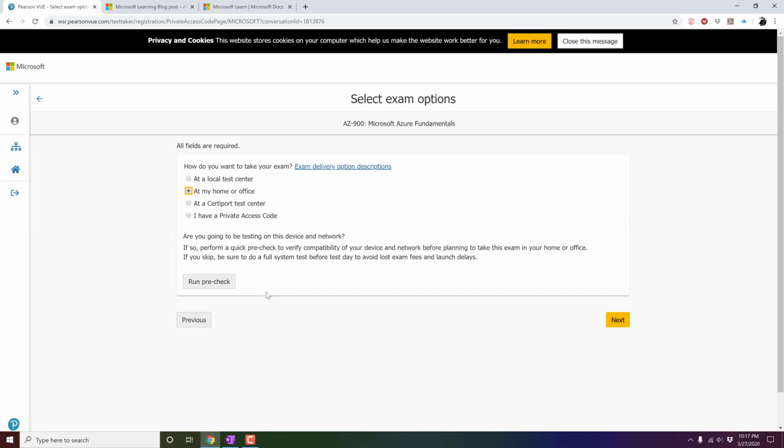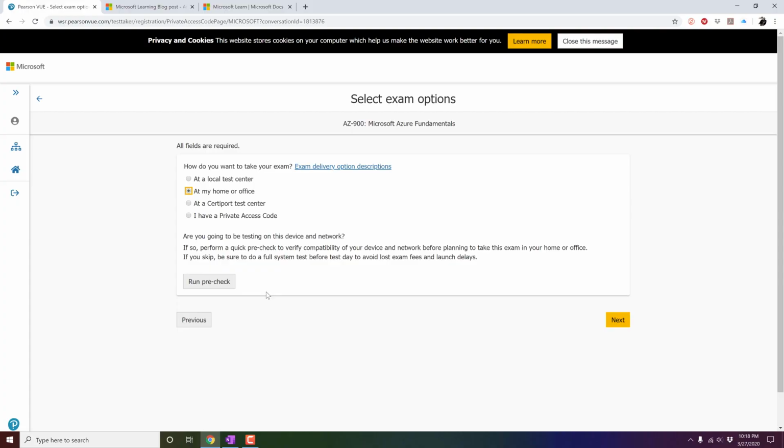Also, you can choose your office to give the exam. That is also fine. Apart from that, you need to keep in mind there should be no webcam near you except your desktop or your laptop. I mean, there's no other camera nearby. There are no phones, no tablets, no notebooks, pens, tissue papers, watch, anything like that. You must not have all these things while you're giving your examination.